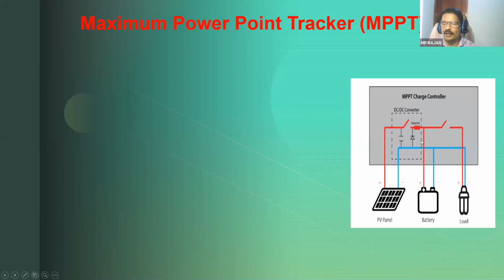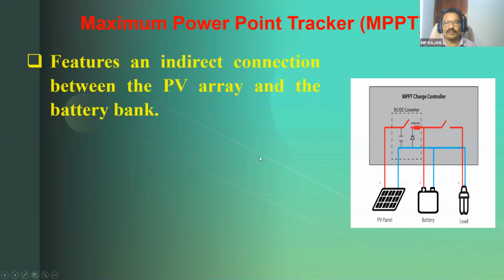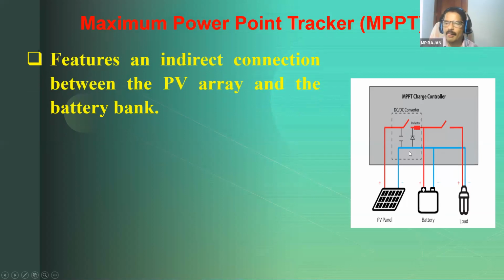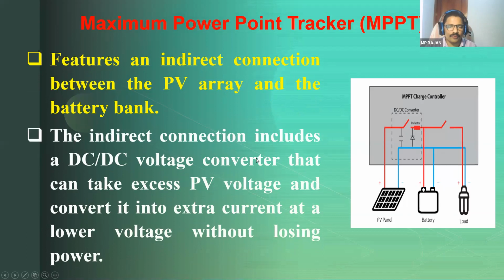Okay. Now whenever this is open, it stops the battery charging, and there is no supply from solar panel to load also. Your battery, if it is fully charged, will give you supply to the load. Okay, so this is indirect connection. We can say the solar panel is not directly connected, it is indirectly connected to the battery and load.